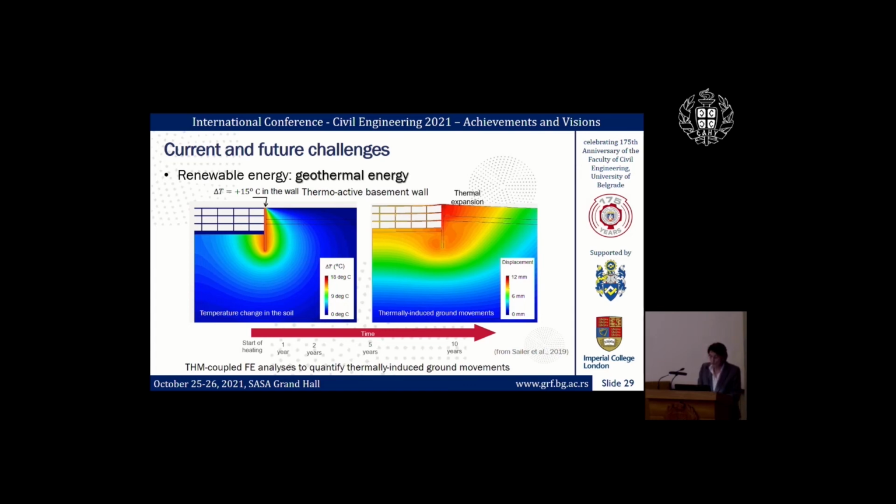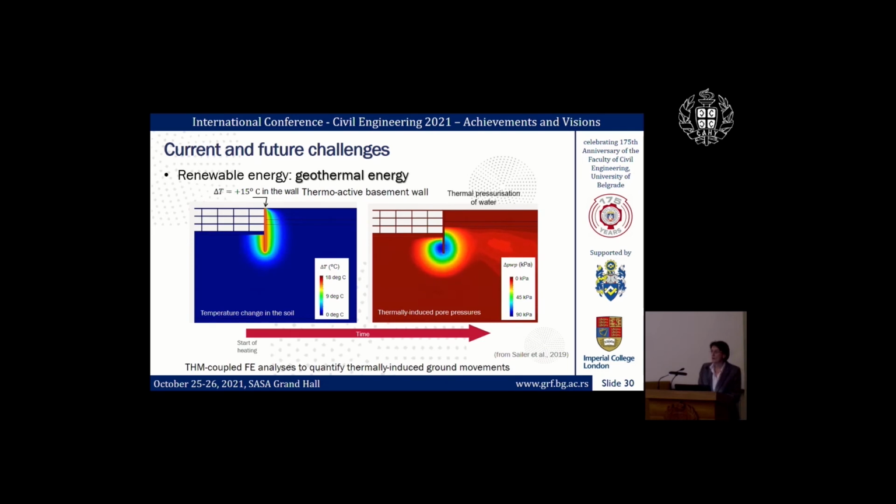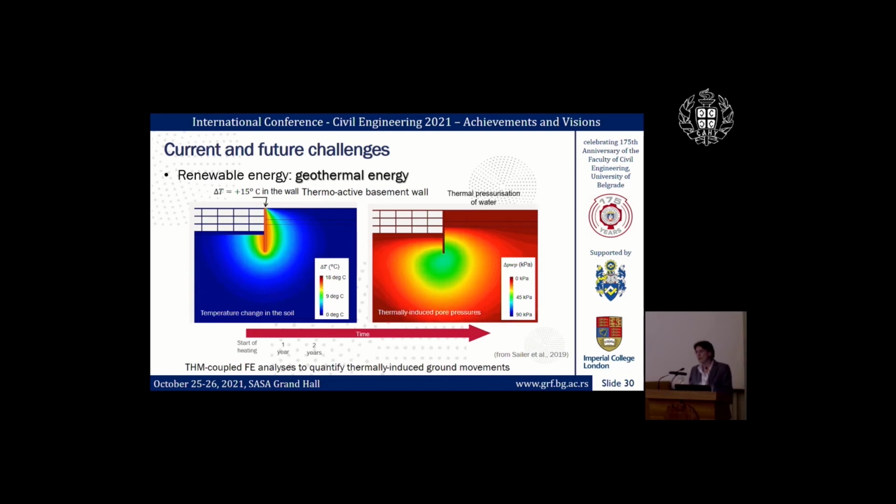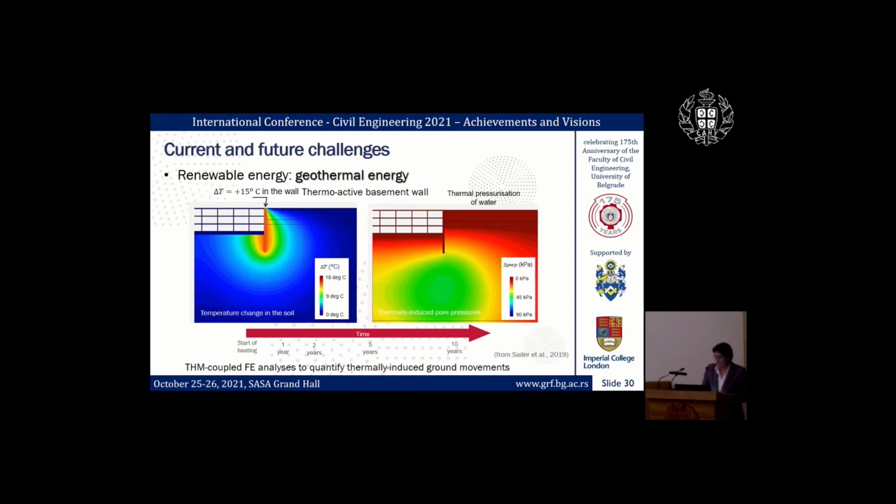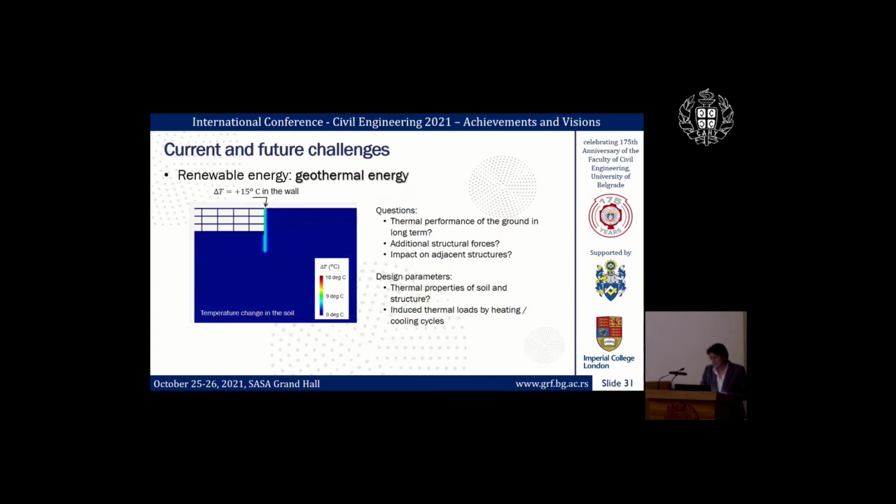But the bigger problem is that the water in the soil, water in the voids, has higher thermal expansion than the soil skeleton, and therefore induces excess pore pressures as well, which then reduce the effective stresses and therefore the resistance of the soil. And that clearly can cause additional deformations in the soil. So this, as I said, is still very much a matter of research. So that is one of the things that is there for the future,